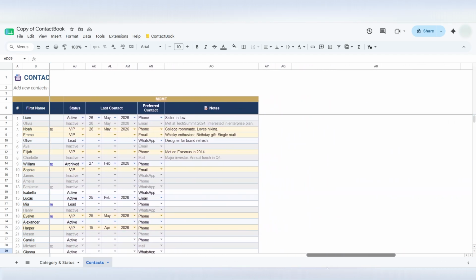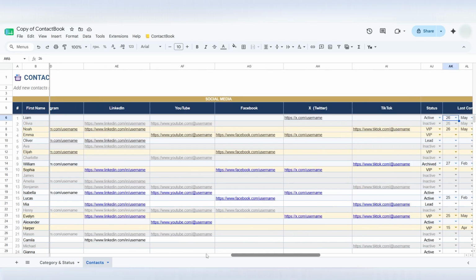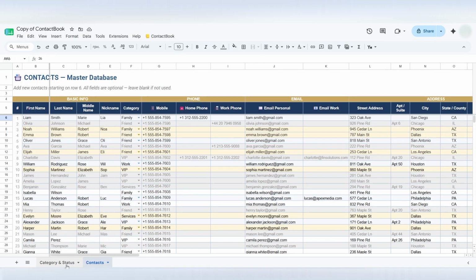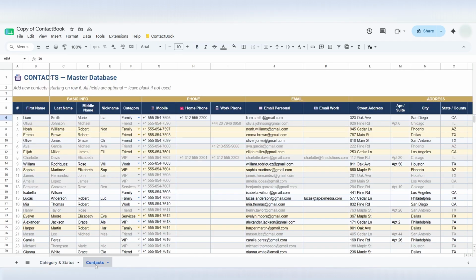And most importantly, you don't have to fill in every field. Just enter the information that's relevant to you. There is also a separate sheet called Category and Status, where you can customize everything to your needs. Add or edit contact categories, statuses, and preferred contact methods, so you decide exactly what classification works best for your contact base. All of this information can also be entered and edited through our panel, which I am going to